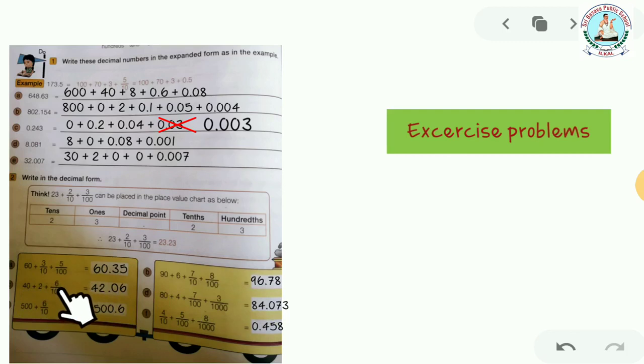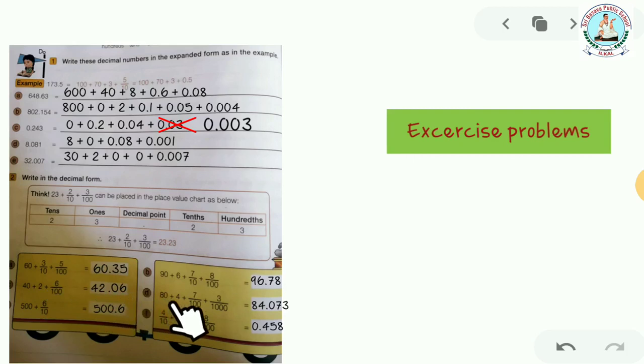Next, it is 6 divided by 100, which means the digit 6 is present in hundreds place, so we write 6 in hundreds place, and we write this 0 in place of tens place to show the absence of tens place. See here, look at the denominator, your denominator is 100, so which means tens place is missing here,